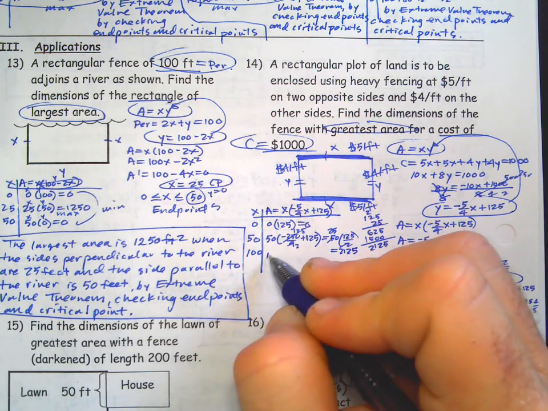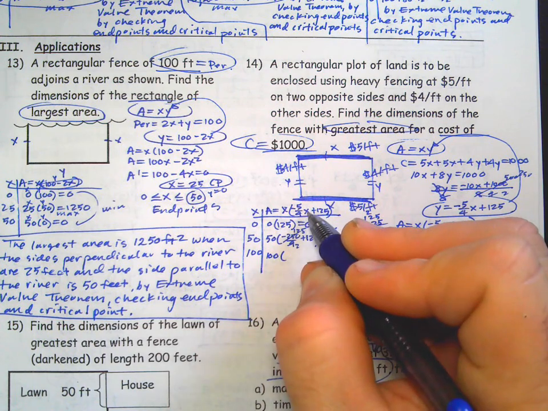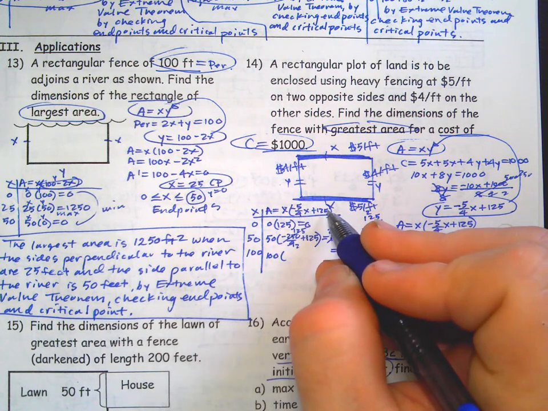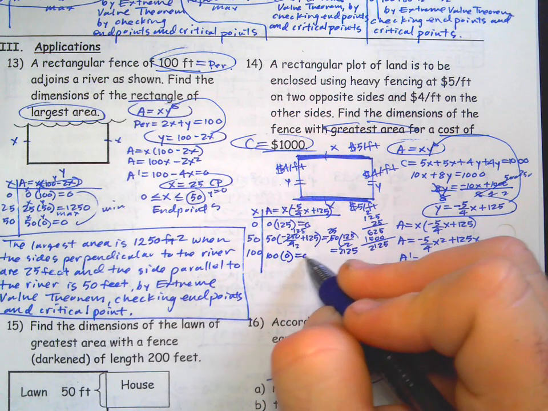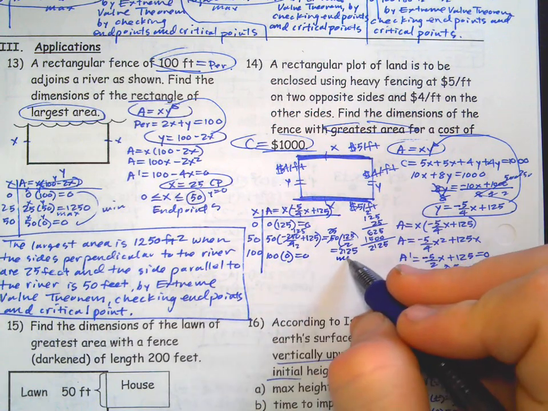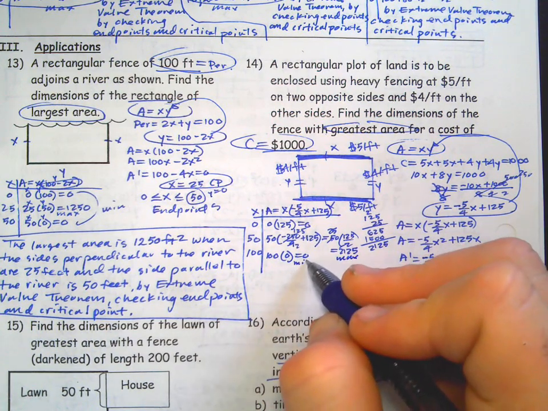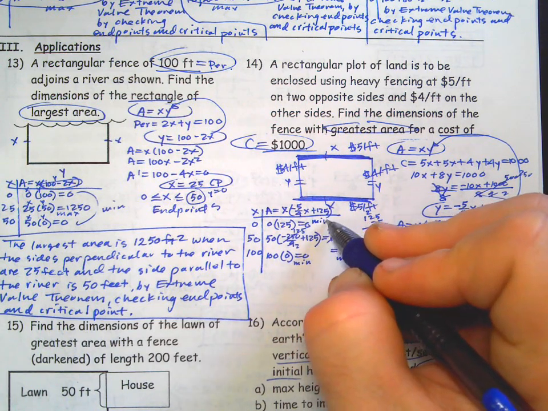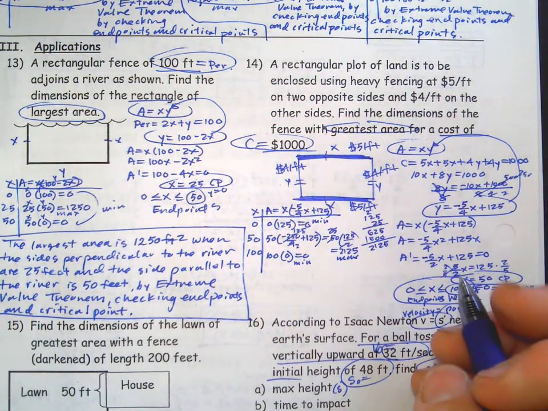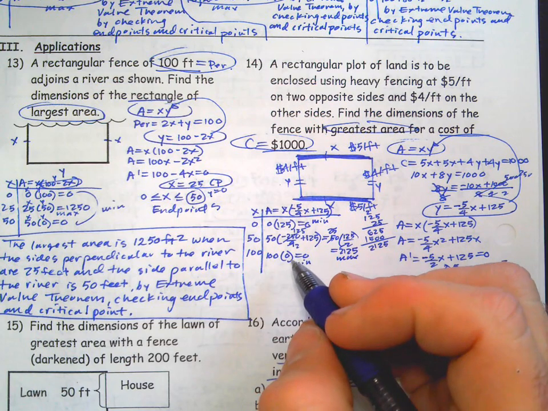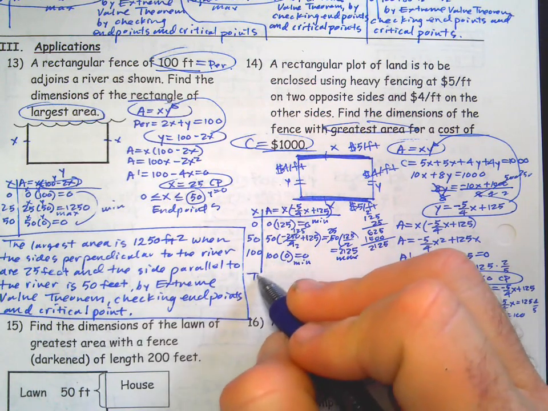100 is going to be 100 times, you plug in here, 25 times 5 is negative 125 plus 125 is 0. That's that other endpoint. So here's your max. There's a tie for min, which is not what we're looking for, but the work is in there. So we're going to say that the greatest